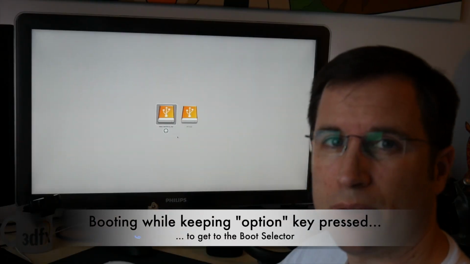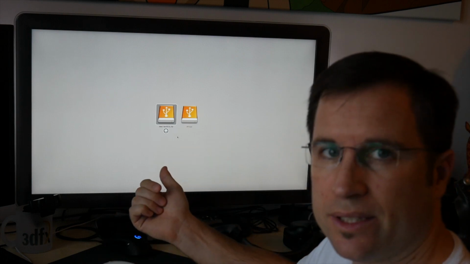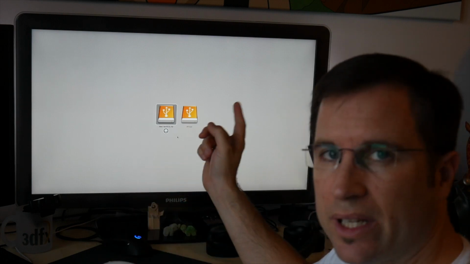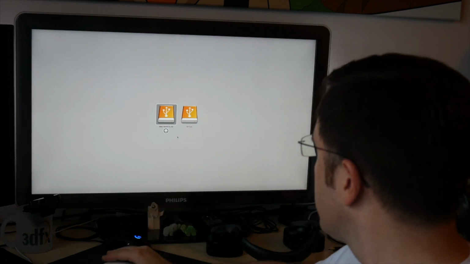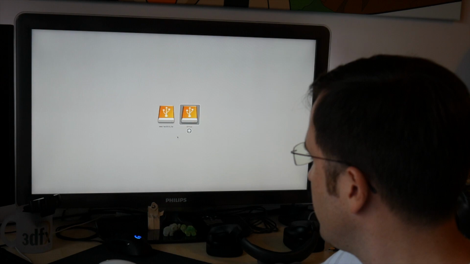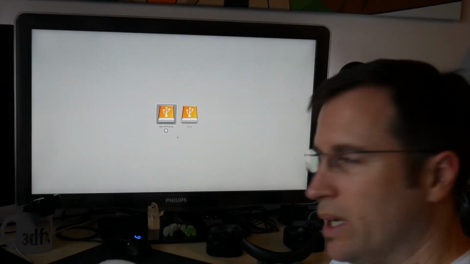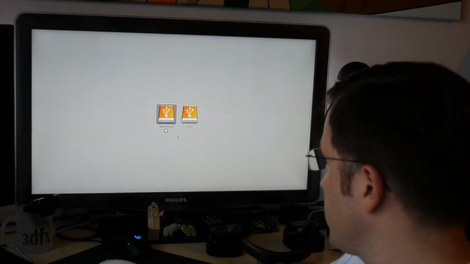Alright, here we are, we have the boot selector up and running, and as the instructions said, we start with the EFI boot part. So if you just switch to EFI boot and hit return, you see it switches instantly off. So the NVRAM is now programmed. I start up again, hold the option key again. Alright, here we are again. Install macOS Big Sur selected.